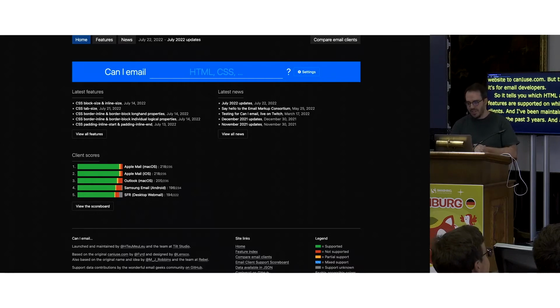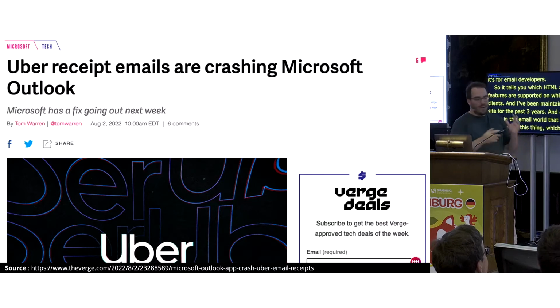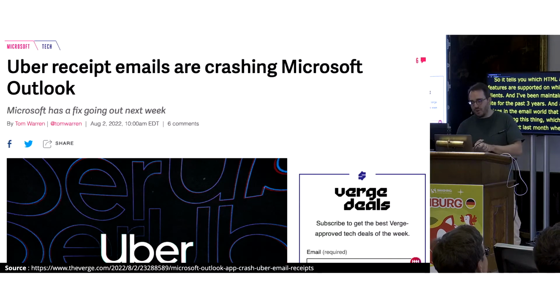emails world, including this thing which happened just last month, where Microsoft had to push a quick fix to Outlook on Windows because apparently Uber receipt emails were crashing Outlook.